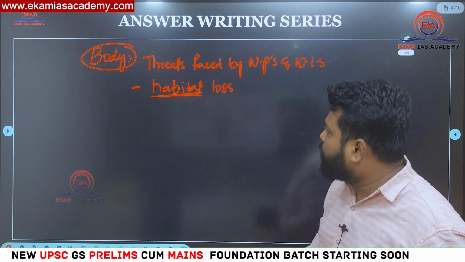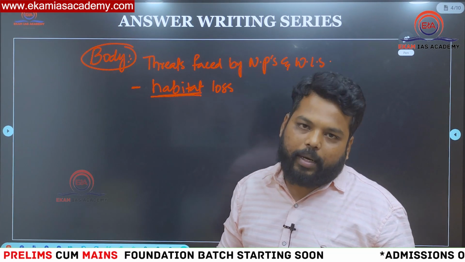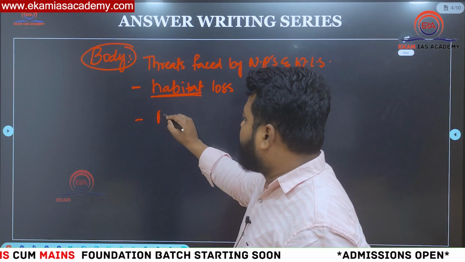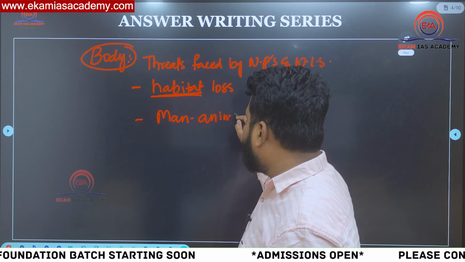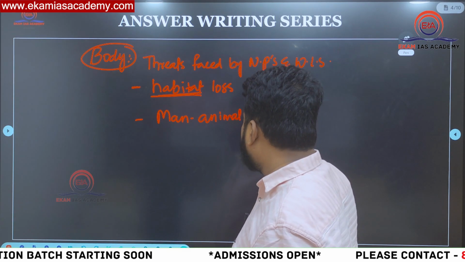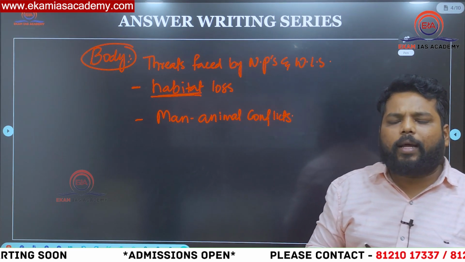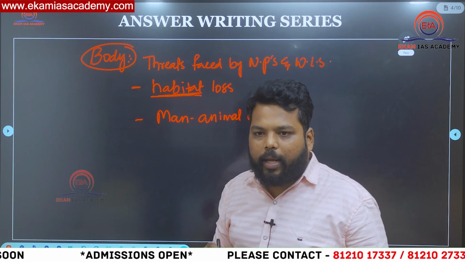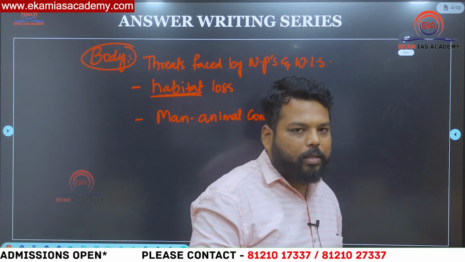So among the threats faced by national parks, first comes habitat loss. And the second one which comes into the picture is man-animal conflict. So man-animal conflict happens, in 90% of the cases, when